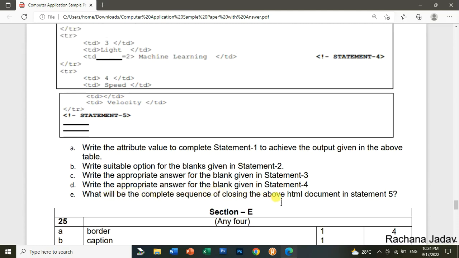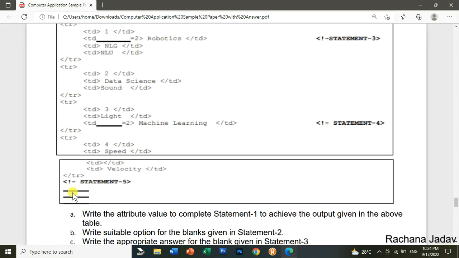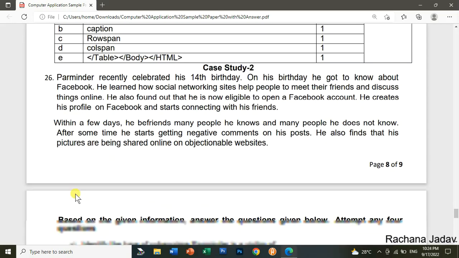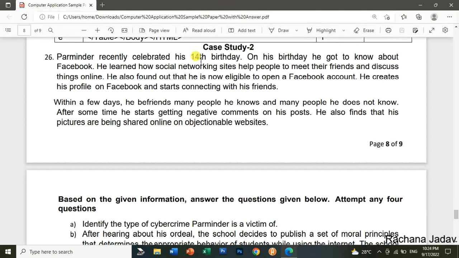and then lastly it is given what will be the complete sequence of the closing of the above HTML document। तो आपको यहाँ closing में क्या क्या चीजें देनी है, तो पहले तो table देना है, because table is completed, तो table tag closing, then body tag closing, and then the HTML closing। Now the last but not the least, that is about the case study।